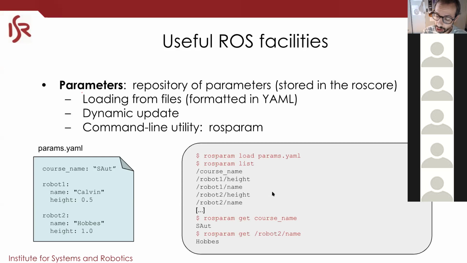Now, this pattern of using slashes to divide a hierarchy is also used for topics and for nodes, okay? So you can organize your topics under slash something. As an example from the Monarch project, we had multiple robots, and the topics of one robot were organized under slash mbot01, for instance. All of the topics of the second were under slash mbot02, and so on, okay? So you can organize the topics that way, and you can have the software running in a sort of folder way, okay?